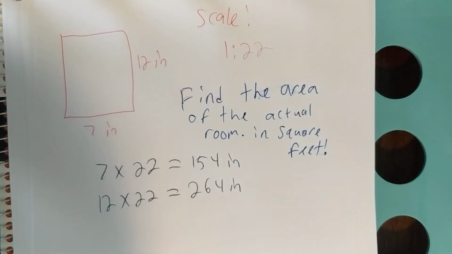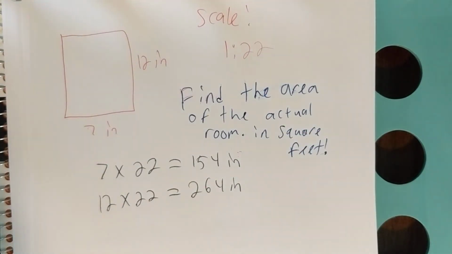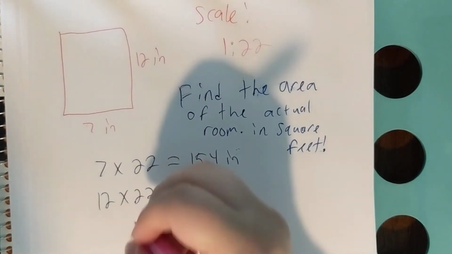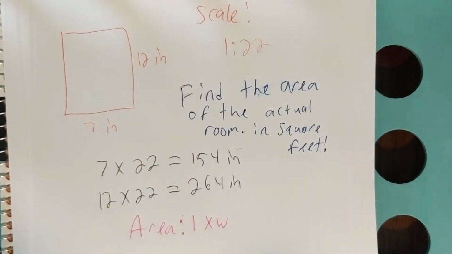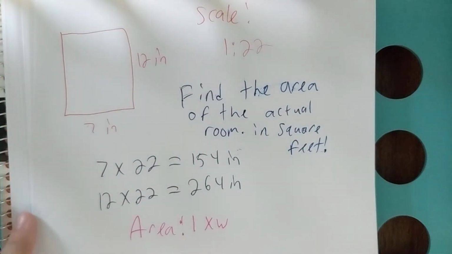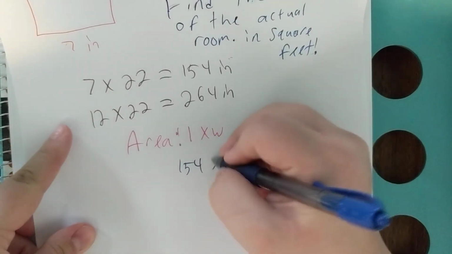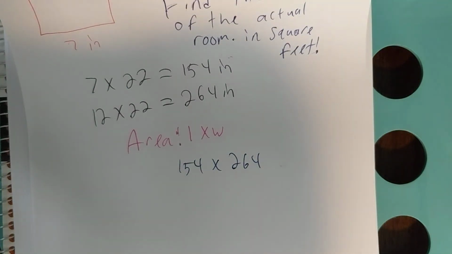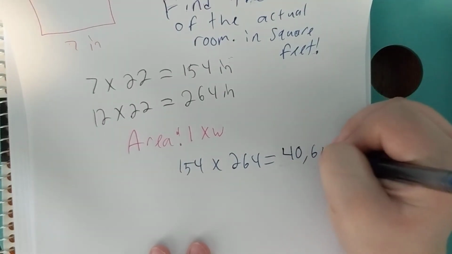So here, now that we know our new side lengths, we have to find the area. And I know that area is length times width. So that tells me I'm going to do 154 times 264. And that's going to equal 40,656